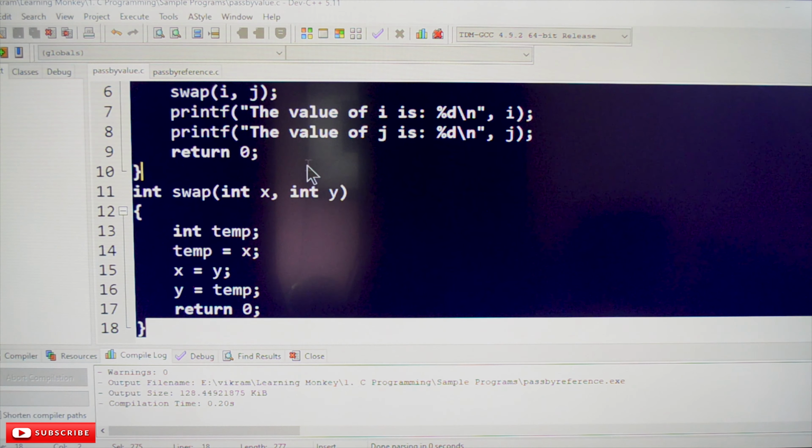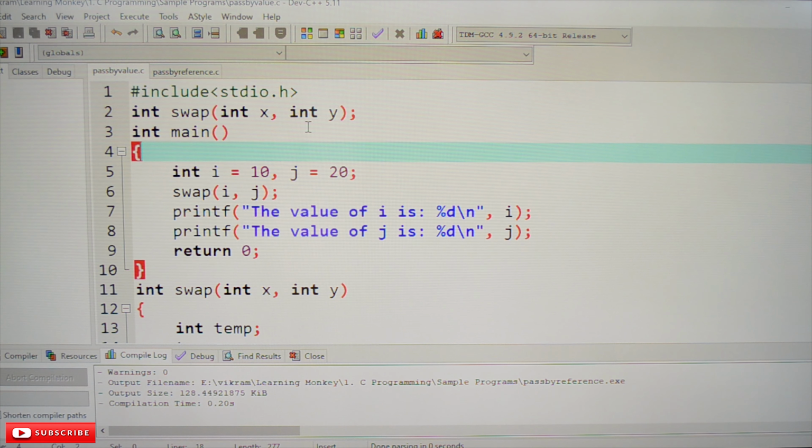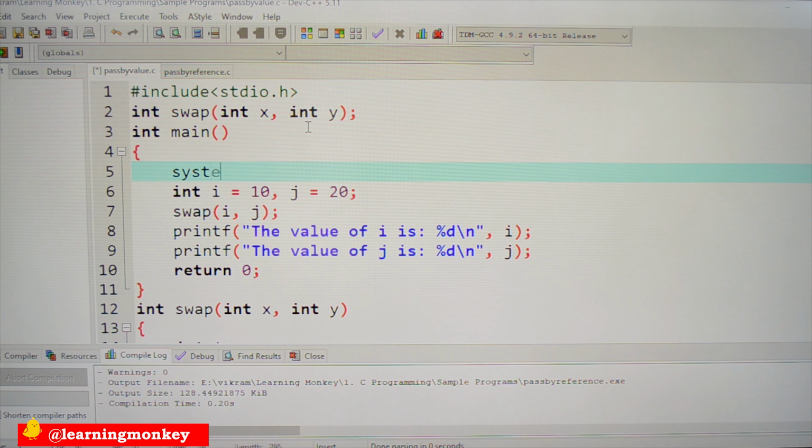This is our pass by value function, and just for better visibility we have taken this.